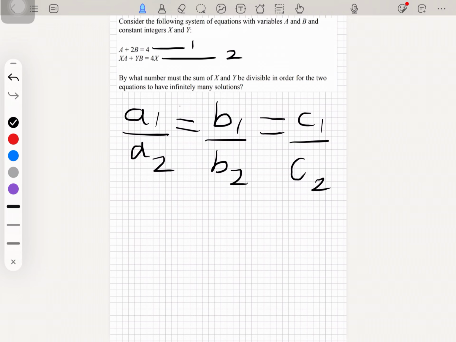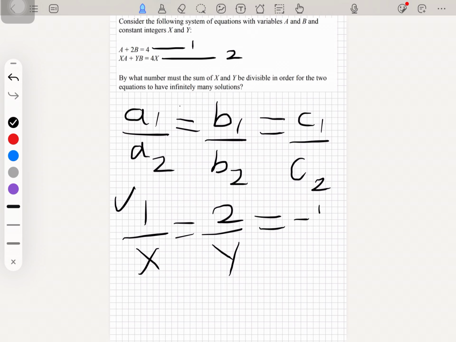So if we are to apply this from both the equations, we get 1 over x is equal to 2 over y is equal to 4 over minus 4x. I'll explain this. So 1 is the coefficient of a over here, and x is the coefficient of a for the other equation. Similarly, 2 over here, y over here, and the constant should be with other variables. So the equation should be something like this: a